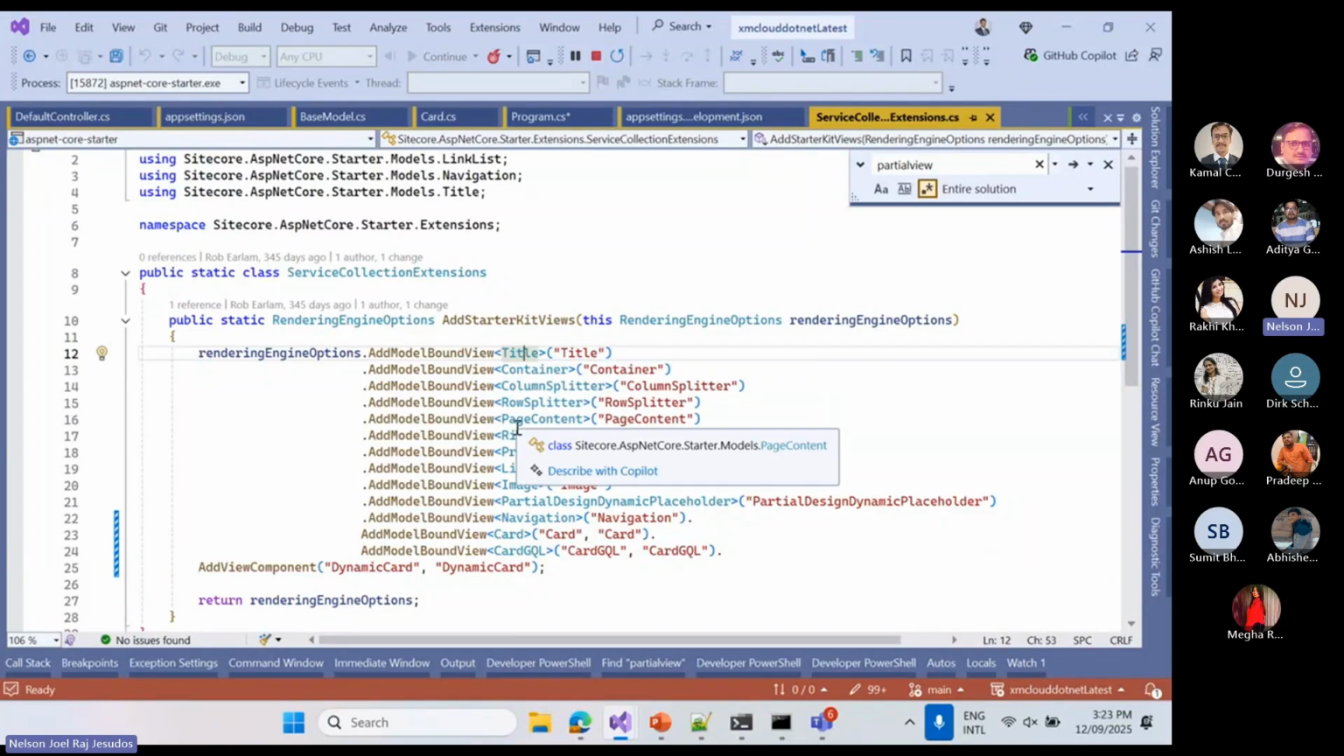At the moment, as I told, we have different kinds of model binding options: model bound view, and partial view components, which is this one, add view components, and there is also a default partial view available. So these are the options available for us. Okay, so if you go back to Sitecore,